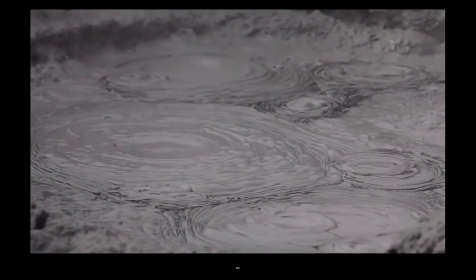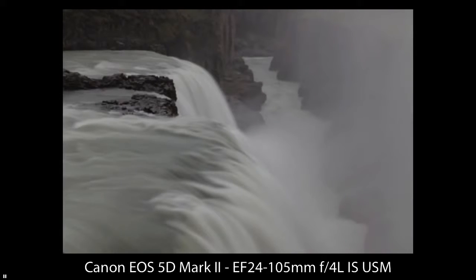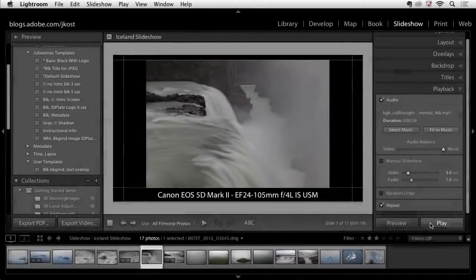Here we have another video clip. And then tap the space bar again to stop it. Now, if I want to escape out of the slideshow, I can tap the escape key and that will return me back to Lightroom. If I did want to change the order of the slideshow, of course, I mentioned that